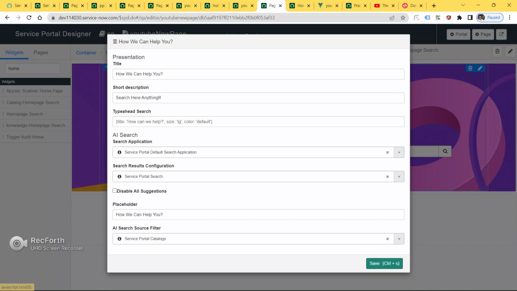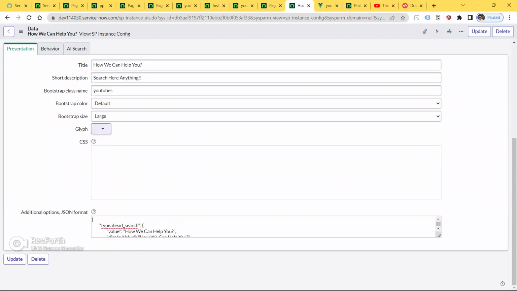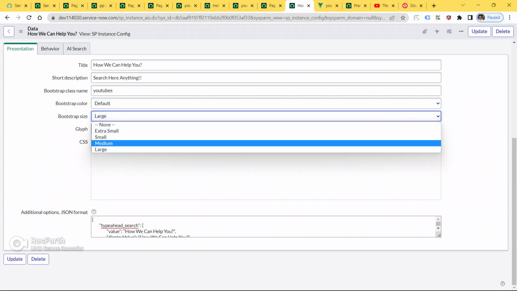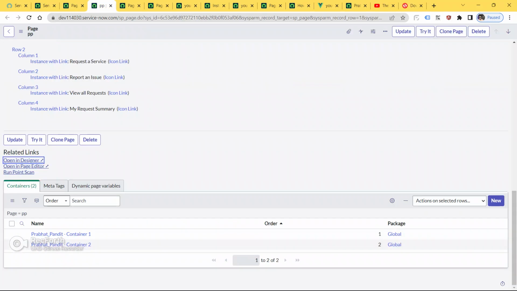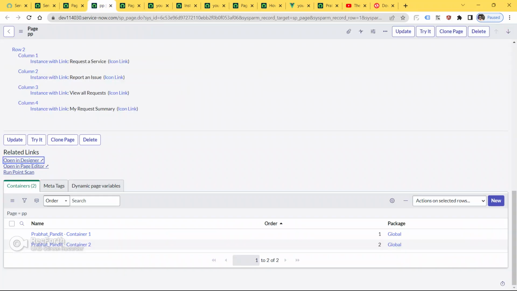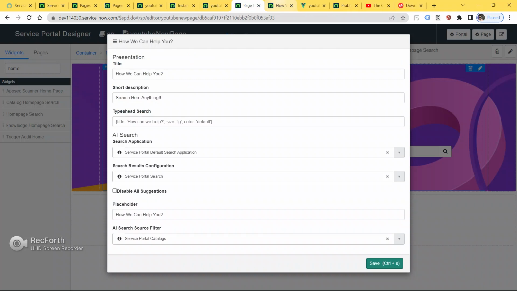Go here, just remove type ahead search, and for bootstrap size put medium only. Let me just cut this out. This was the example page I have just created to show you.